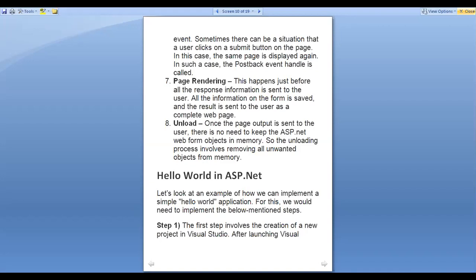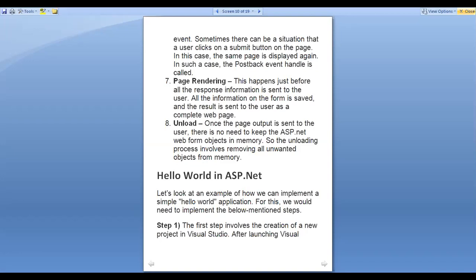This can occur if you have a form within your website and that form uses any type of validation. Okay, then in that case this particular validation stage occurs. Here we will simply compare our user data, meaning entered data, against certain criteria. If the data is not validated, then an error message is displayed, else that data will be sent to the server.